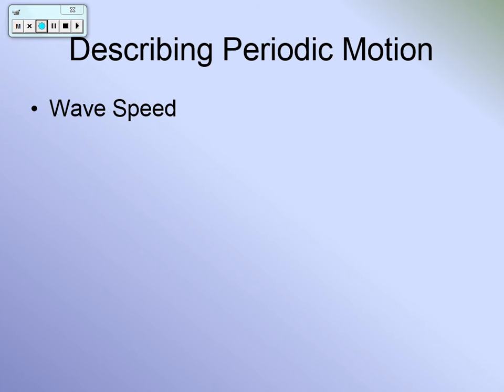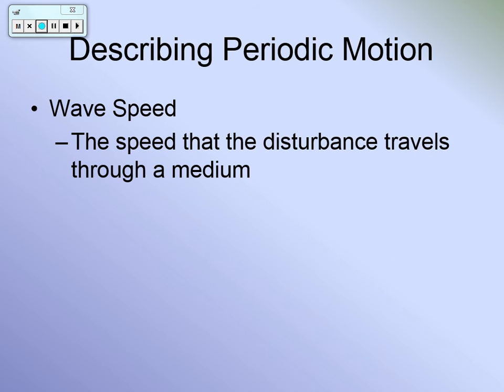Okay? So, like its name suggests, the speed that the disturbance travels through a medium. Right? I know, we skipped the amplitude. We'll come back to it. All right, so to calculate the speed of something, what do we do? How do we calculate the speed of something? Distance over time, right? So there's two ways we can actually calculate the speed of a wave. The first one is we can take the what and divide it by the what? The wavelength and divide it by the period, right?